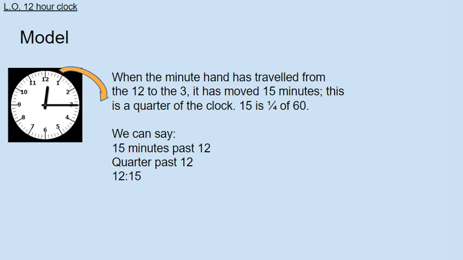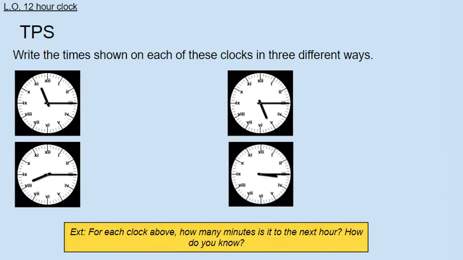Now I've got another challenge here: think, pair, share, write the times shown here. You might want to pause the video. I'm going to crack on, and these ones are in Roman numerals. Sometimes you'll see this on clock faces. But you don't have to be a genius to work out, even if I know you've done Roman numerals in our class anyway, that you've got 1, 2, 3, 4, 5, 6, 7, 8, 9, 10, 11. So this would be, it's gone 11,